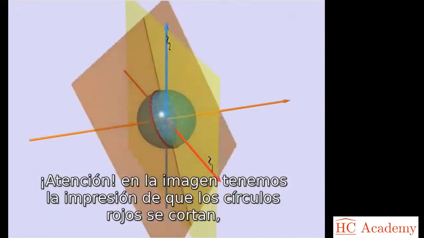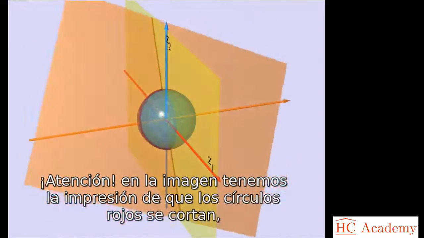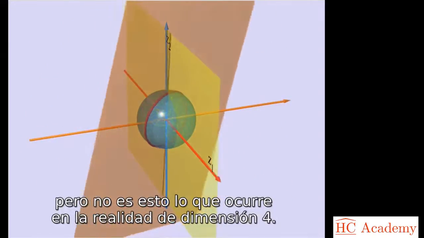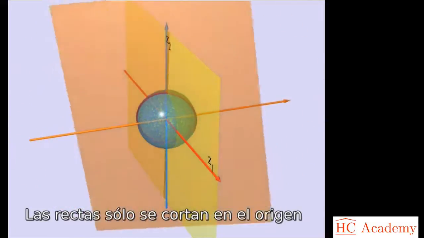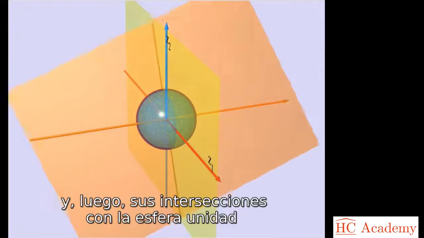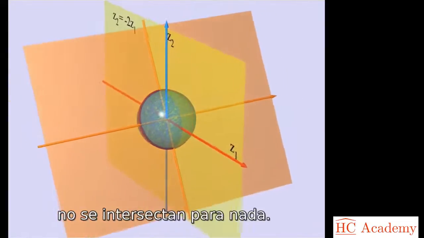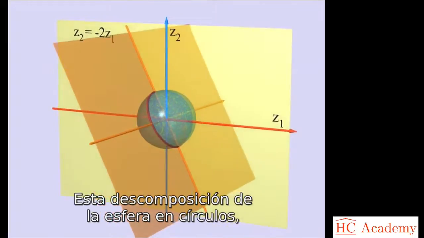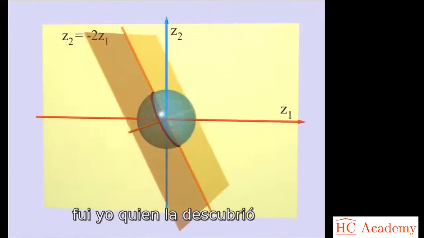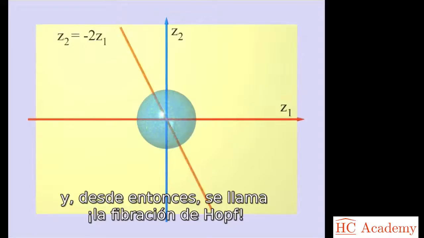Careful though, in the picture you get the impression that the red circles intersect each other, but this is not the case in the reality of dimension 4. Lines only meet at the origin, so their intersections with the unit sphere don't intersect at all in fact. I was the one who discovered this decomposition of the sphere into circles, and ever since it is known as